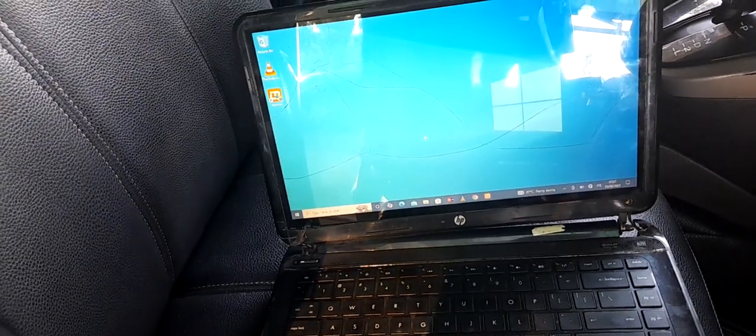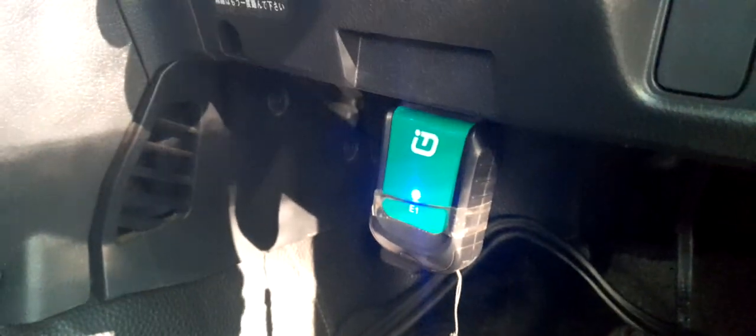Hi guys, today I'm going to show you how the Vpecker vehicle diagnosis tool works. First you need to insert this dongle in the diagnosis port of the vehicle. This is how it looks, and it has a blue light, which means it's already connected to the vehicle